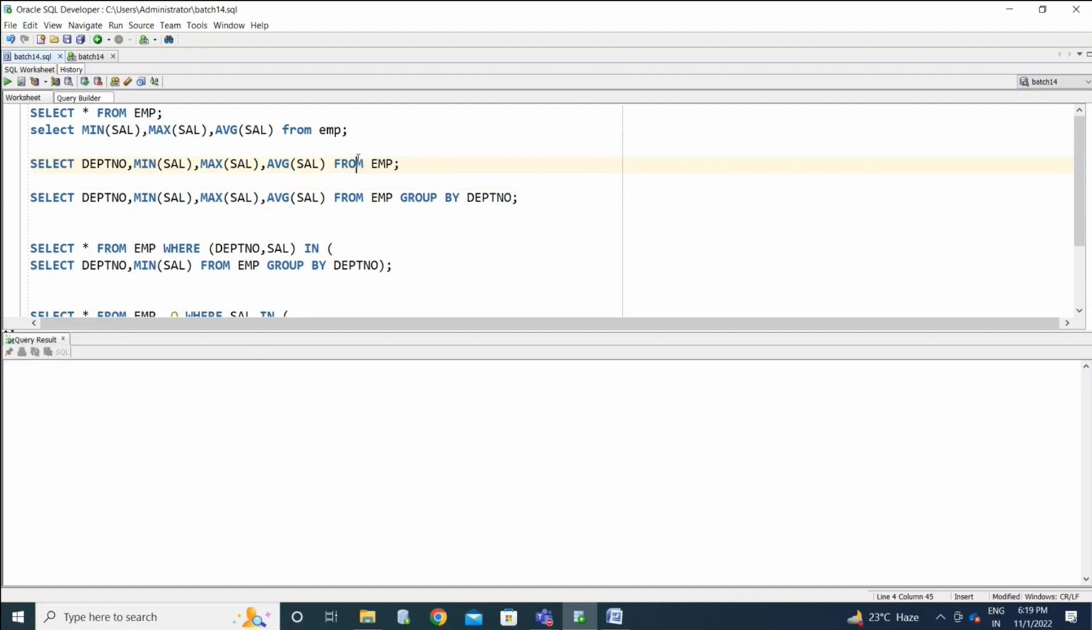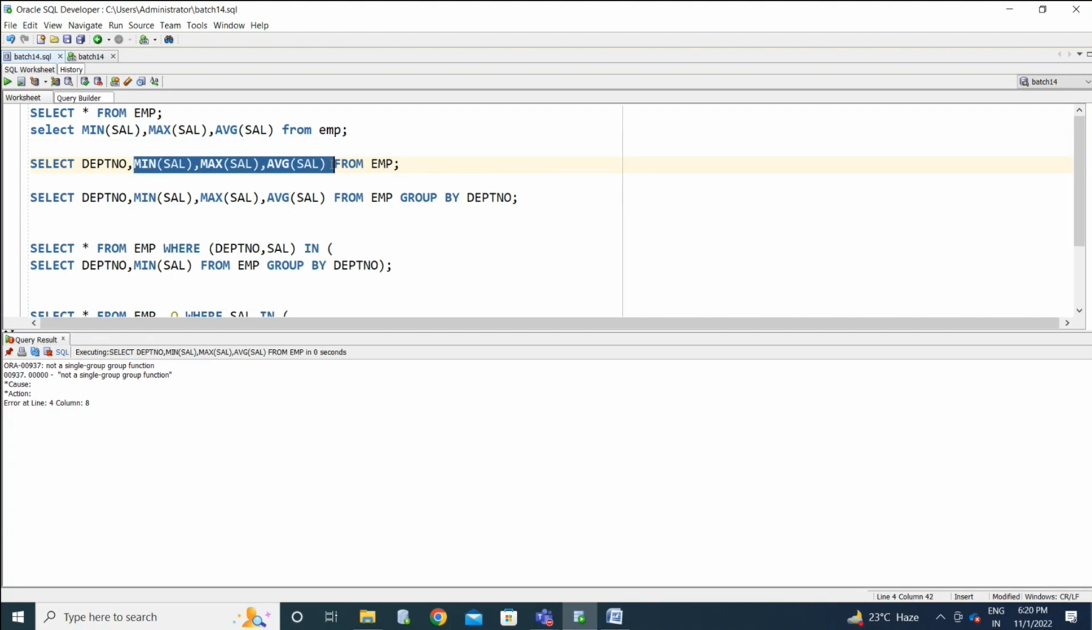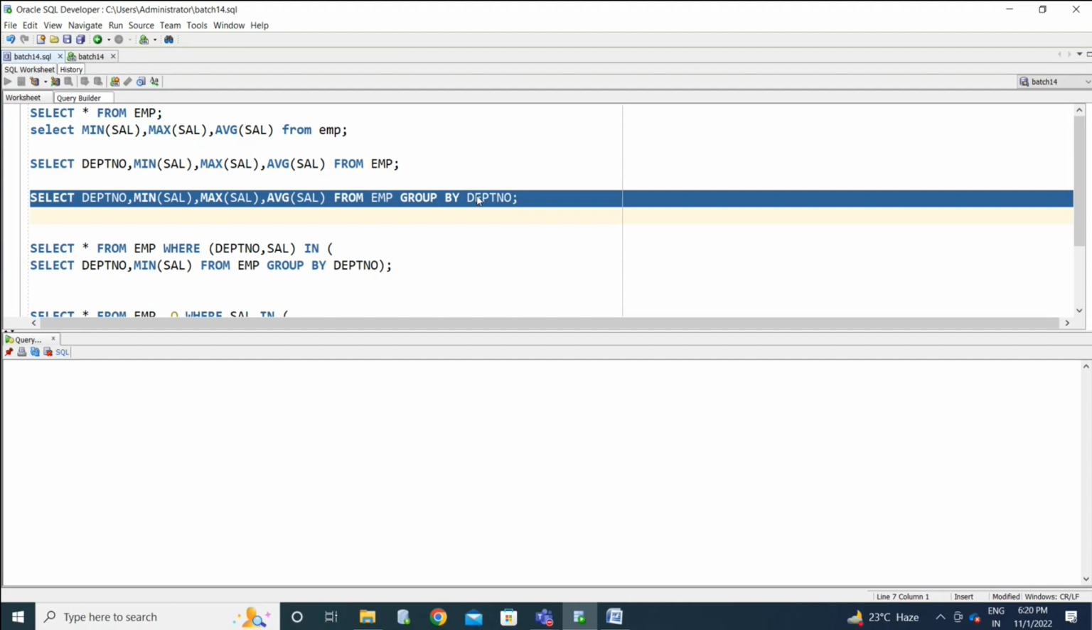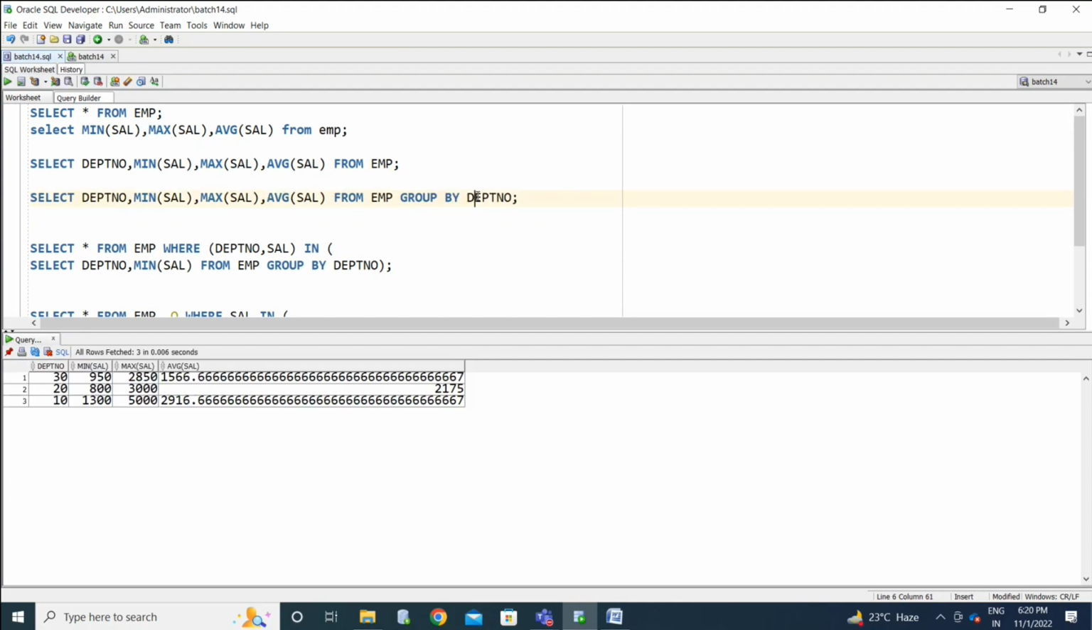If you haven't provided that department number in the group by clause, it gives an error. So if you are using group functions along with any non-aggregated or non-group function columns, all those columns must be present in the group by clause, like this, right? Now you are getting three groups, so three values. If you want to know to whom this minimum value belongs, to whom this 800 minimum salary belongs,